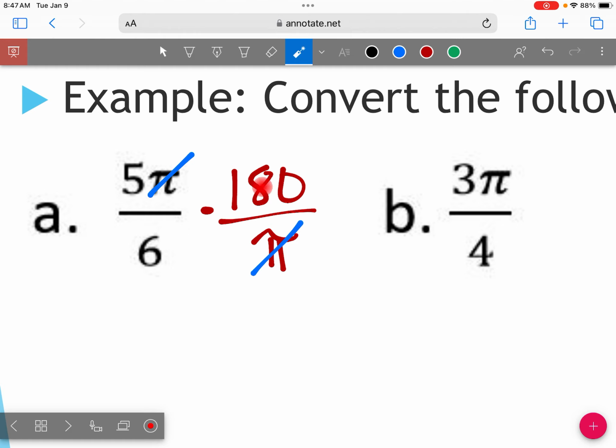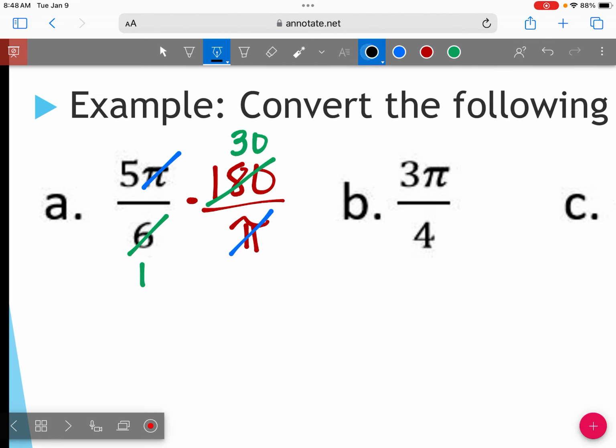But one thing I noticed is that it might be easier for us to do this division, because most of us know what 18 divided by 6 is. And remember, we don't have a calculator. What is 18 divided by 6? So what do you think 180 divided by 6 is? 30. So what we can do is reduce these two numbers by 6, which is going to change that 6 to the 1 and 180 to a 30. So all we have left is 5 over 1 times 30 over 1. And 5 times 30 is